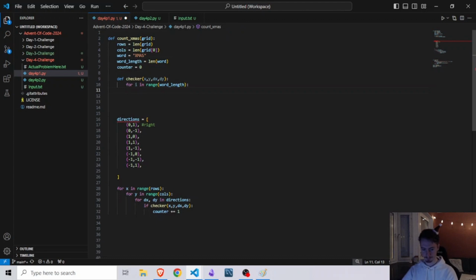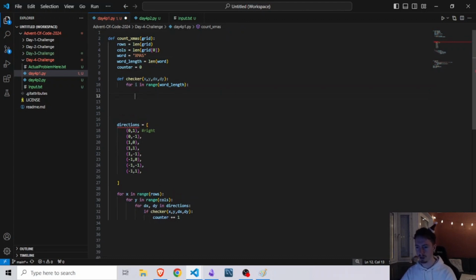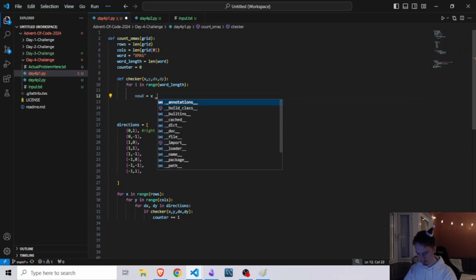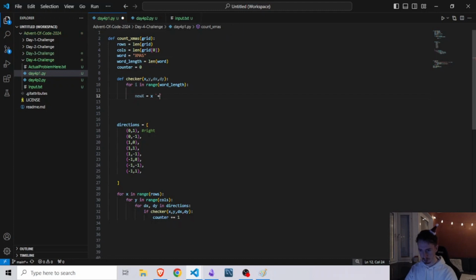Sorry, I'm still a bit sick. We're going to make a new x and y coordinate for each time that we go through the next letter. So if we're at x, then it's just going to be the normal x and y coordinates. If we're at m, then it means we have to go somewhere in some direction. And what direction? Dx and dy. So we have to add together the x and the dx, and then the y and the dy. So we can make a new x, which is going to be the original x, and we're going to add the dx, but